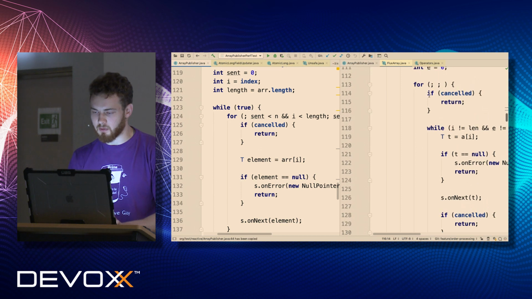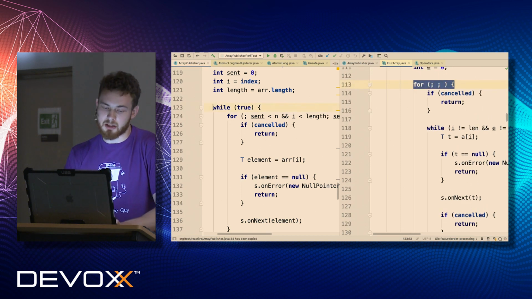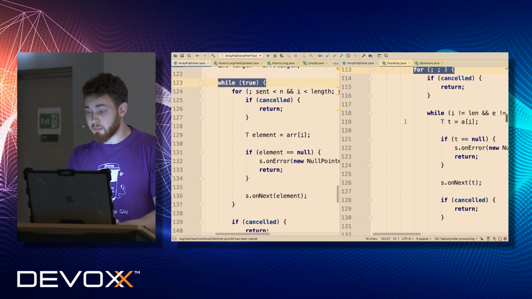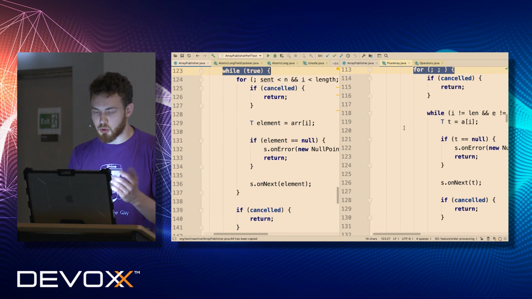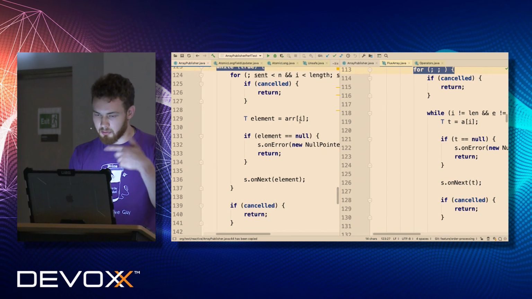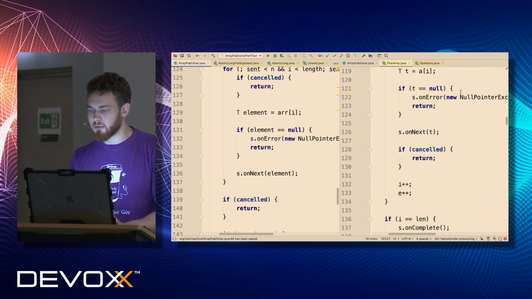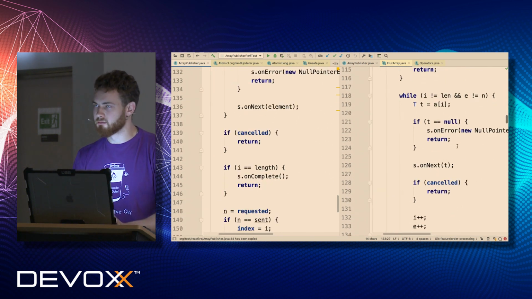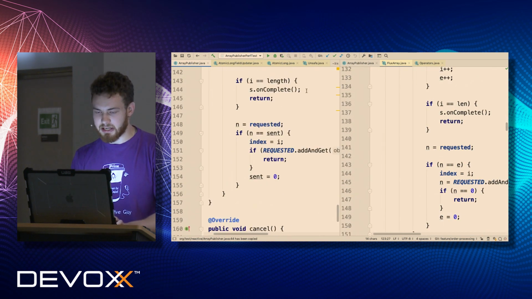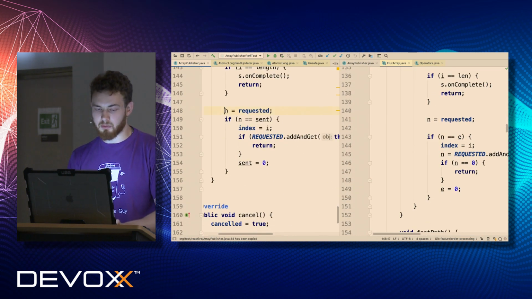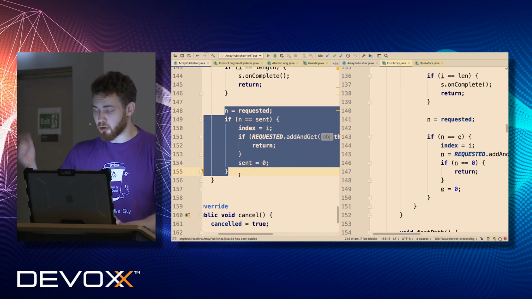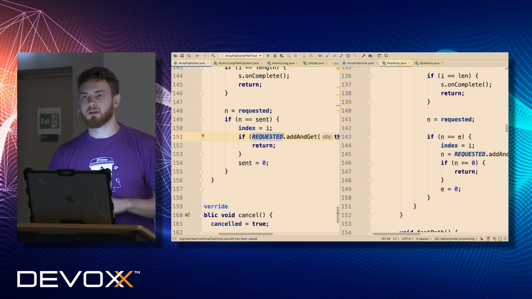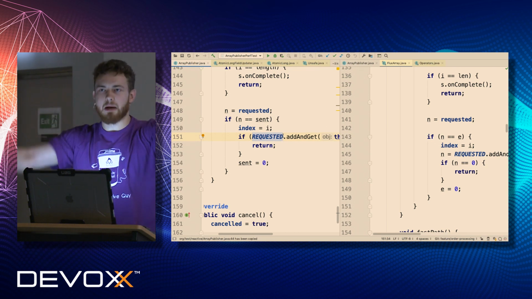So here is, again, an infinite for loop. In our case, it's a more clear while true loop, but it doesn't matter for the compiler, for the runtime, which way we are writing our kind of cycle. Then the same method delivery, the same null verification, etc. But only the while is different. Afterwards, the same check and the same more optimized way to decrease the requested number of elements. So our implementation is absolutely the same.